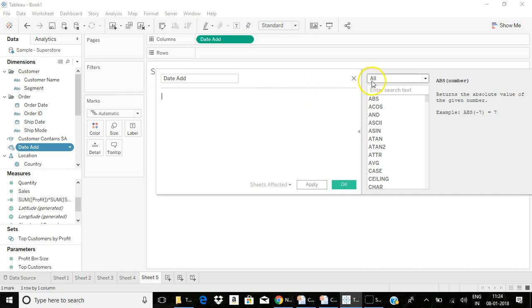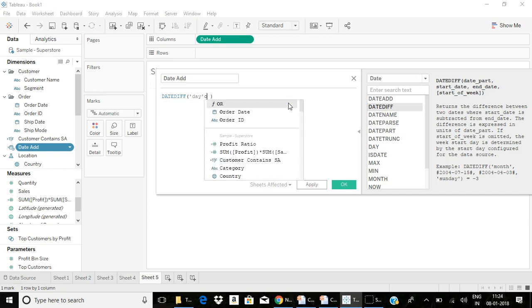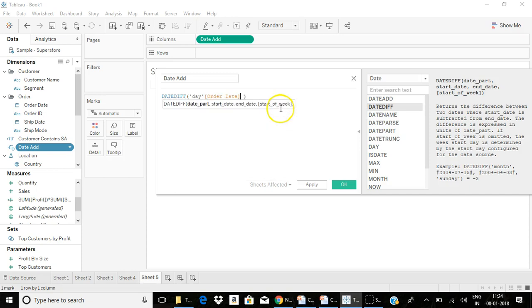See, we also have the date difference function. Date difference is used to find the difference between two dates. For example, if I want to find the difference between ship date and order date for the product category, let me put order date, ship date. So this will give me days to ship.